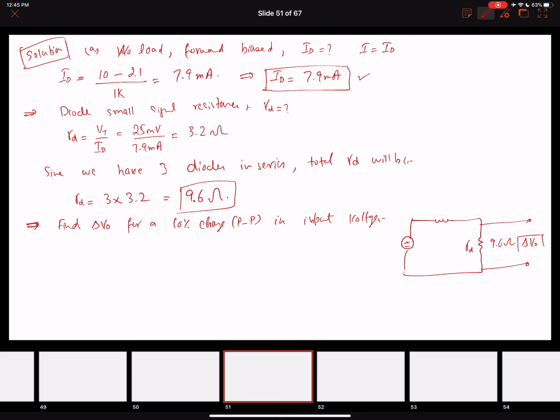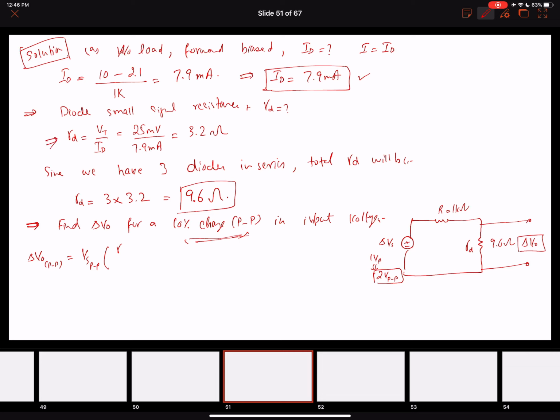And this is going to be the incremental change in the output voltage. This is going to be R, which is 1 kilo ohms. And this will be the change in the supply voltage, which was 10 volts with 1 volt peak. It was 1 volt peak, so correspondingly it will be 2 volts peak to peak. And we are interested in finding the 10% peak to peak change, so it will be 2 volts peak to peak. All right, so delta V naught peak to peak will be equal to Vs peak to peak multiplied by